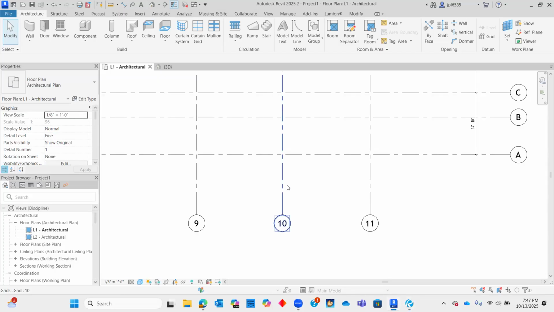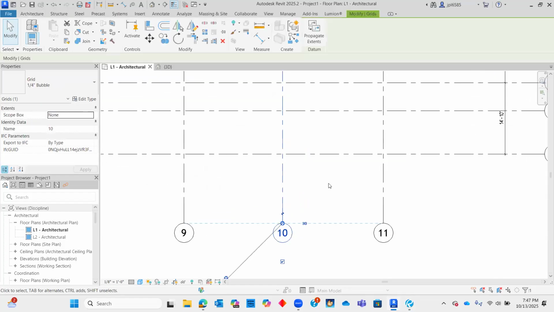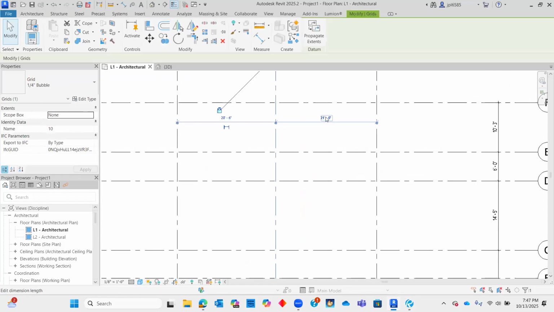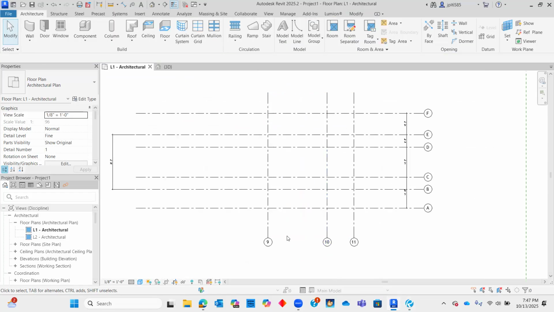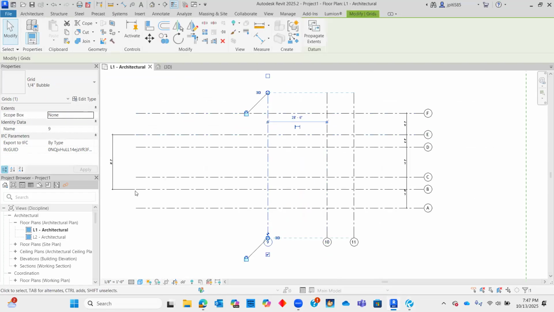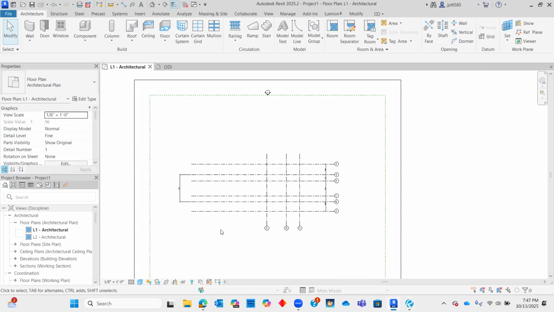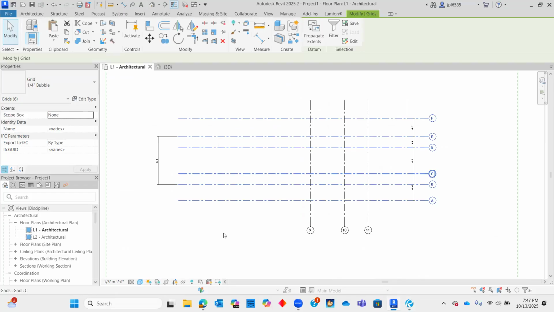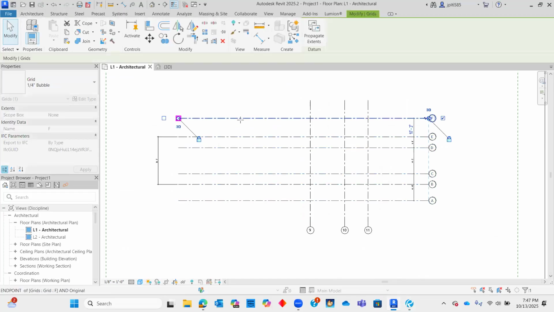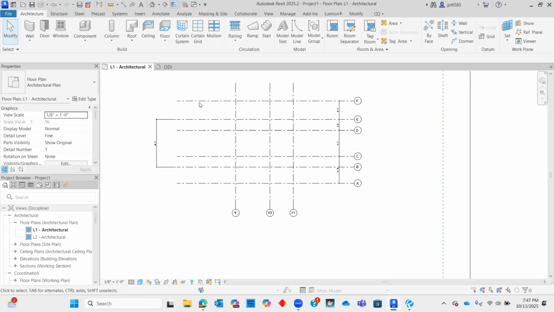So I'm just going to click on grid line 10. Gives me that phantom one again over here. I'm going to adjust that to 13 feet. Great. And then I'm going to do grid line 9 and keep grid line 10 in place. And according to our drawings, that is 19 feet. Wonderful. So you can see that we have all these grid lines over here that are going out way too far. So we can just scrunch them in